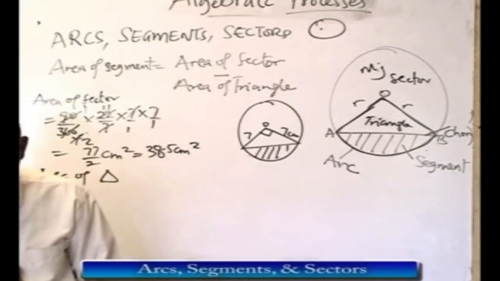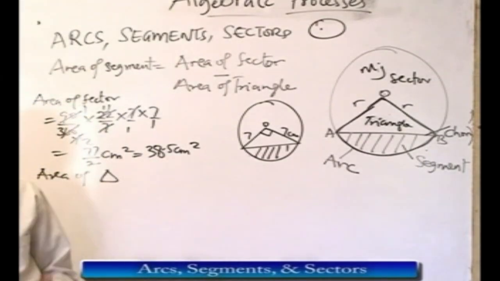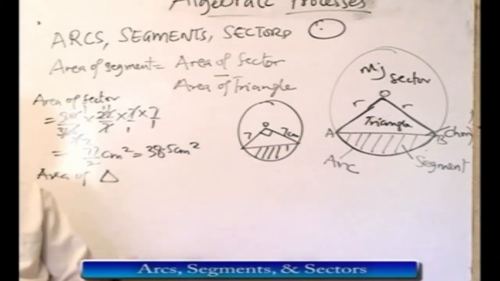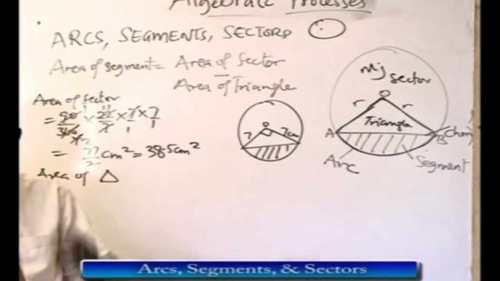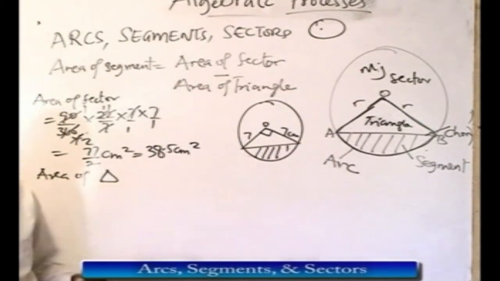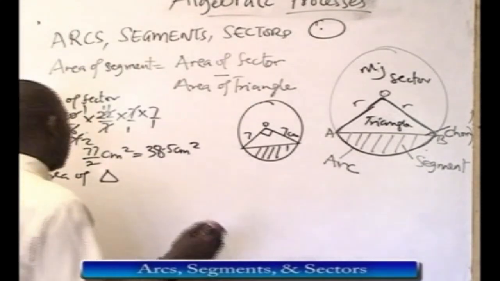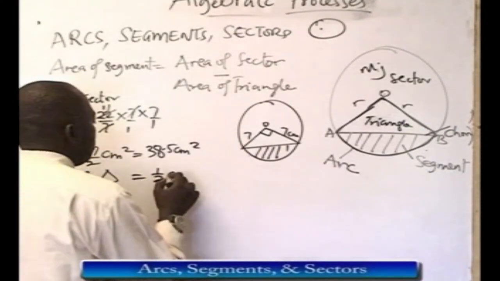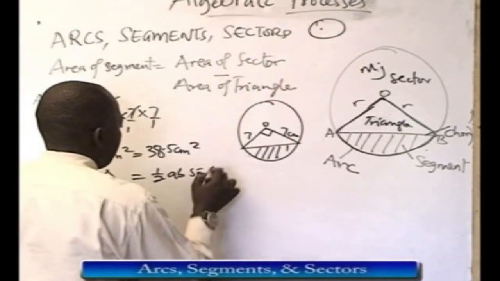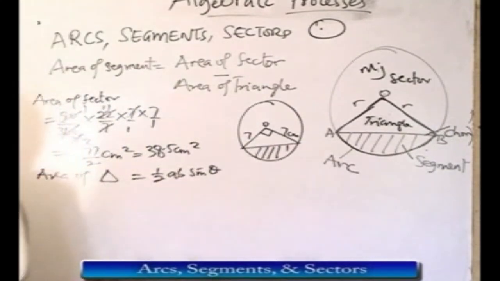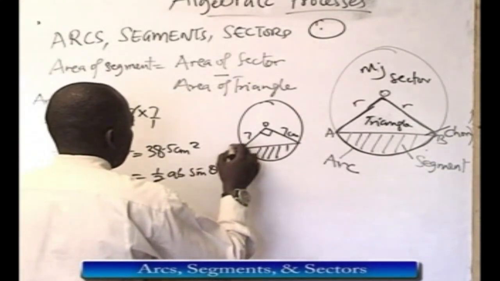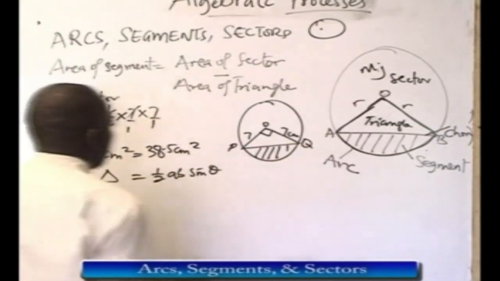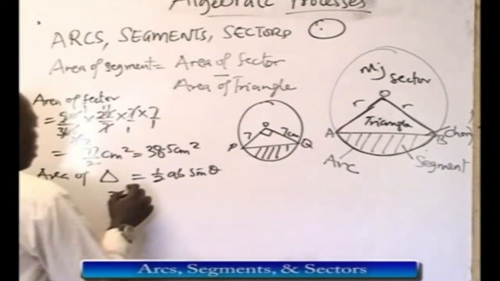So it's better to use another formula, which I'm sure you are well acquainted with, half AB sine theta. So you have half AB sine theta as the formula for calculating the area of this triangle POQ. So you have 1/2